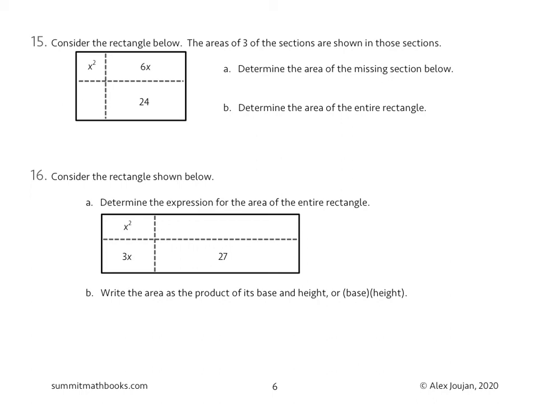So let's start filling in the side lengths since we know the areas. If this has an area of x squared, then I could have x squared and 1, or I could have x and x. If this has an area of 6x, then I could have 6 and x, or 3 and 2x. When I look back at this one, if I have x here and x here, that gives me an